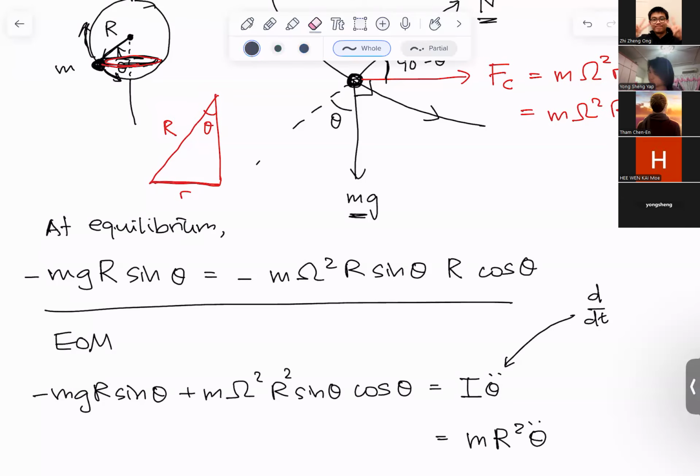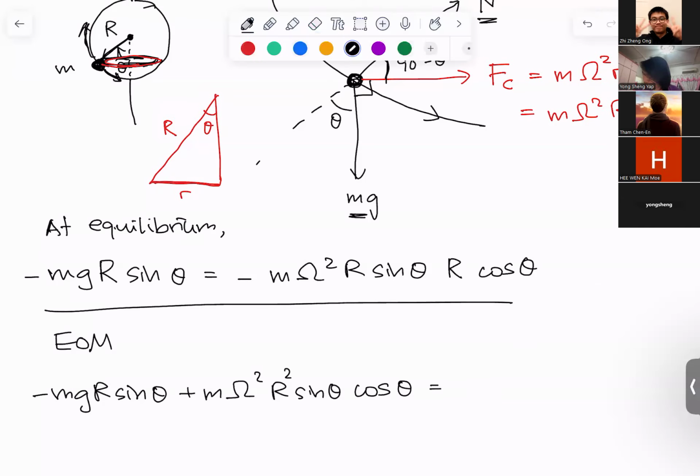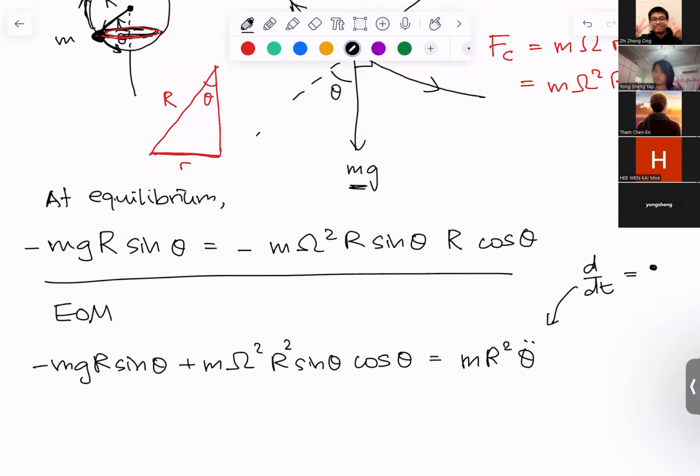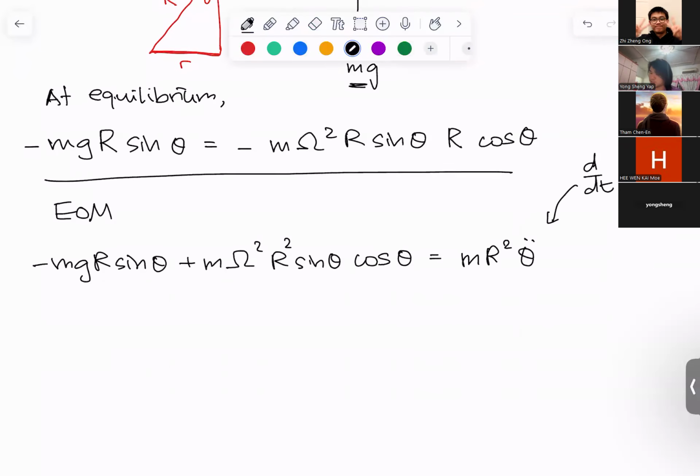All right. So basically let's just write this here like this, and let's write mr squared theta double dot, where I have d over dt equal to this dot over here. All right. So this is the equation of motion, okay? This is what you have learned in the past two sessions. And